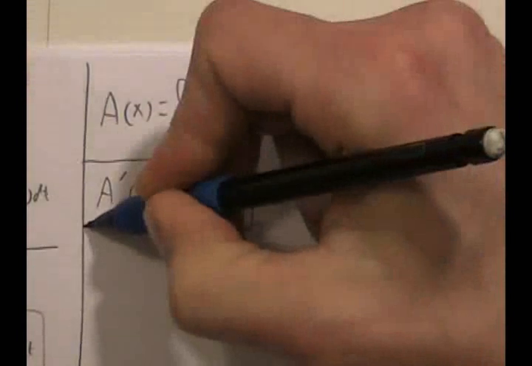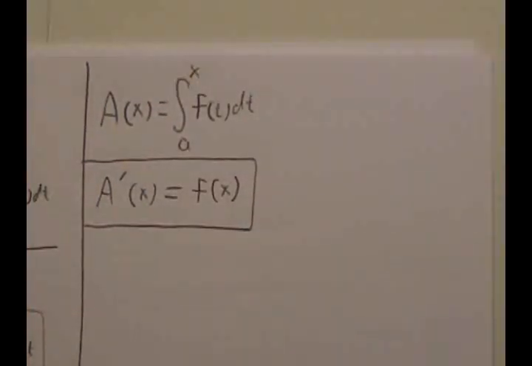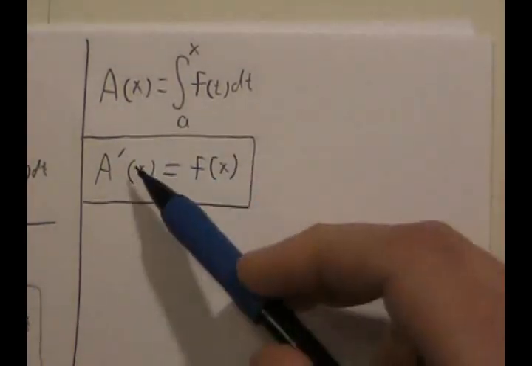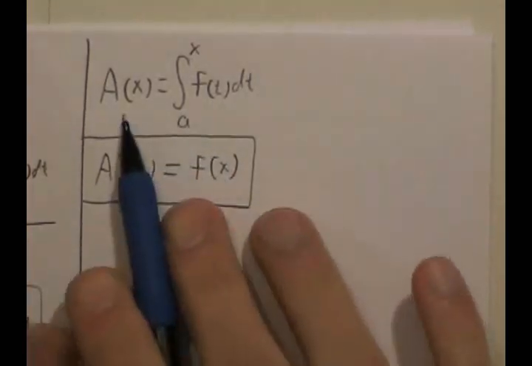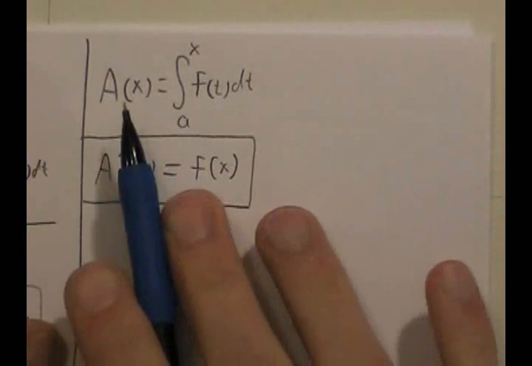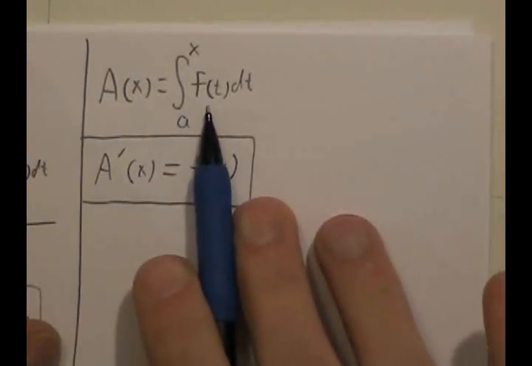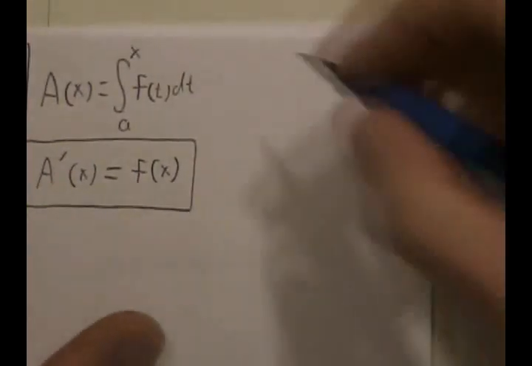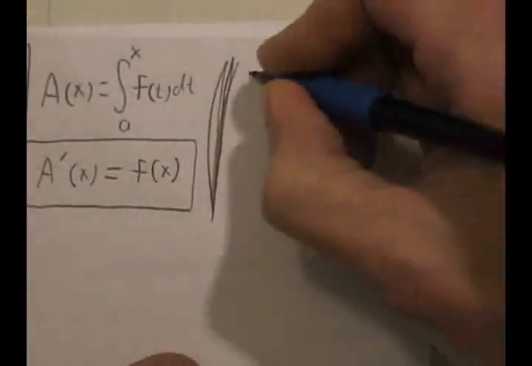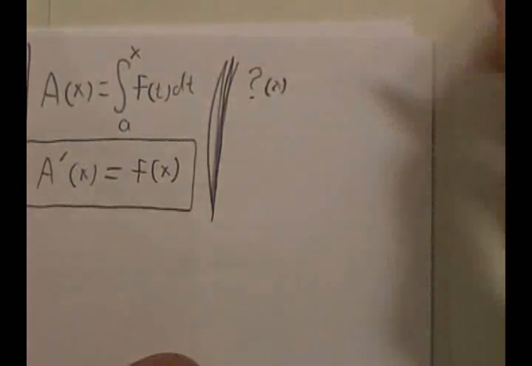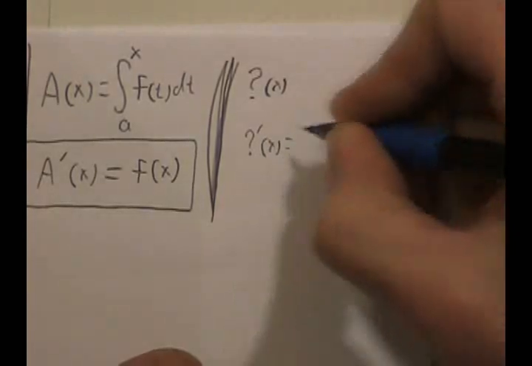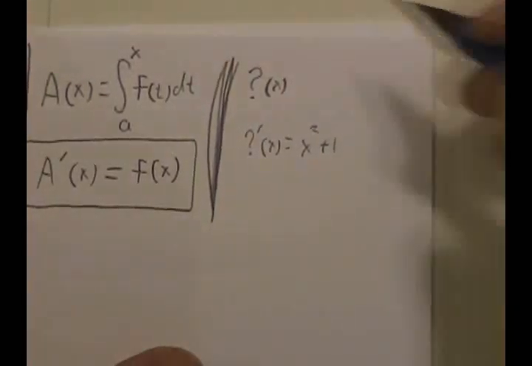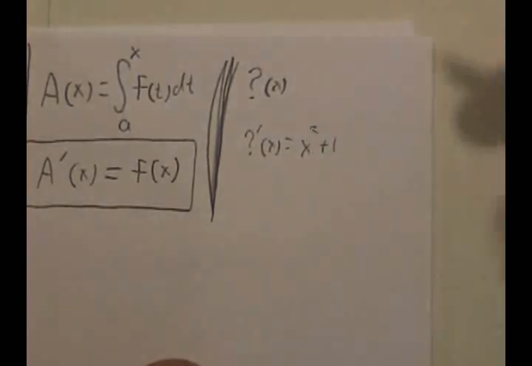This is of prime importance because it tells us, check this out, look at what we can do with this. We might not know what A of x is, but we know what its derivative is. What this tells us is that the derivative of the function we want to find information about is something that can be calculated. It's kind of like saying this: if I gave you some mystery function, say question mark of x, and I say I don't know what this function is, but I know that question mark prime is, say, x squared plus 1,